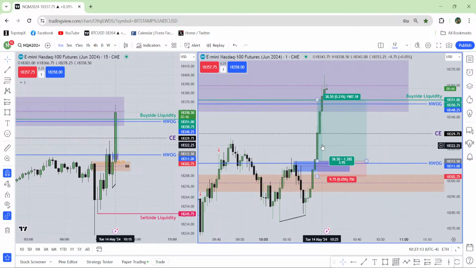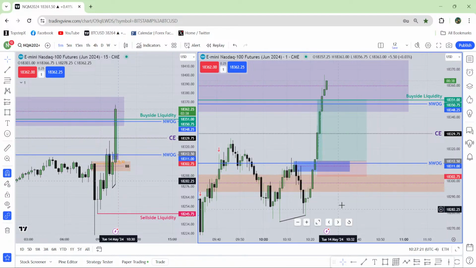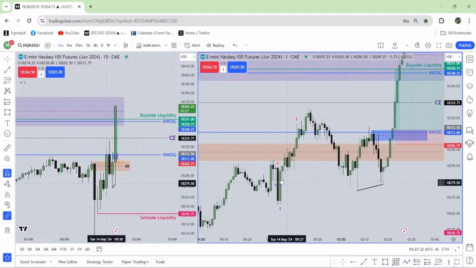Are you waiting for it to come back again here? Then no, the candle will close above that high. It's already valid as a mitigation block. If it went lower, then it would be a perfectly valid breaker block. Okay, here I'm not looking for the breaker block because the breaker block was over there. I will never find a breaker block over here, but here was the breaker block.